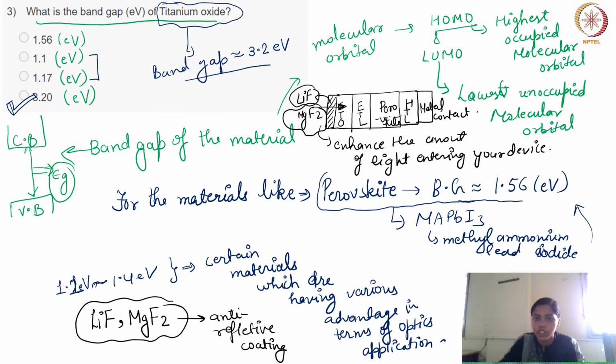Okay. So for sure, when the amount of light entering our device is increased, the light absorbing layer will absorb more light, which in turn will generate more excitons, which will finally be converted into charge carriers. Those will be separated from each other, electron and hole, and then carried out to the external circuit. So that is going to improve the performance of the device overall. So I think it is clear to everyone. Is it clear?